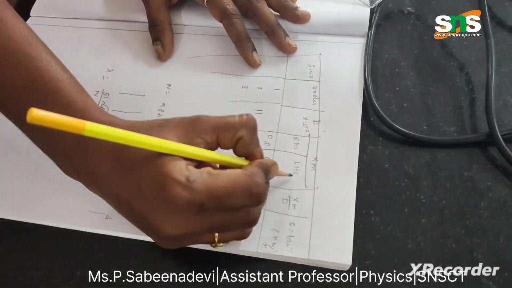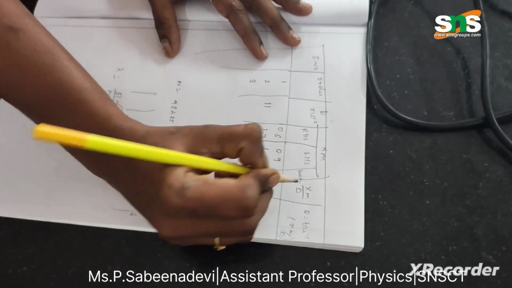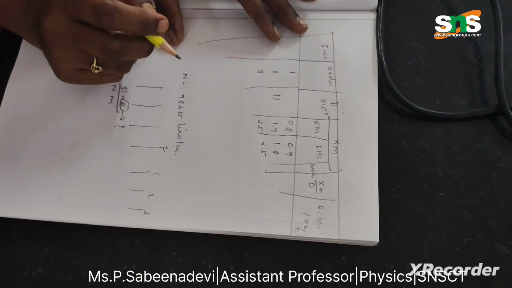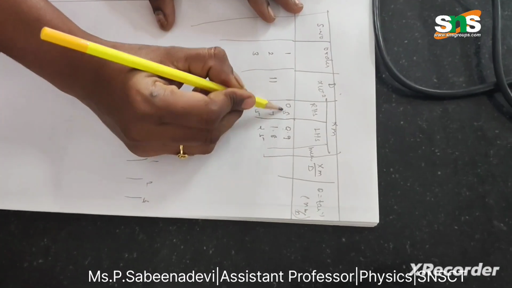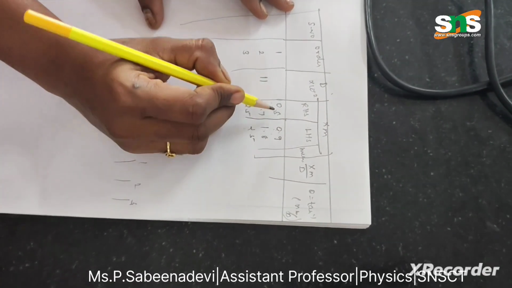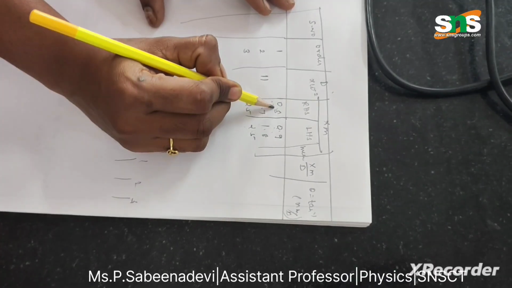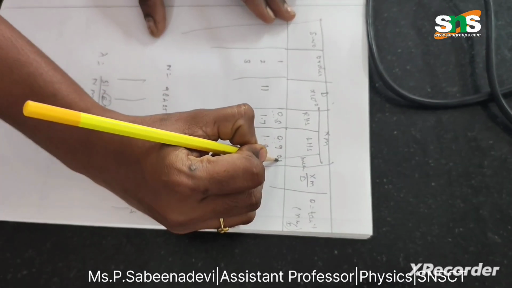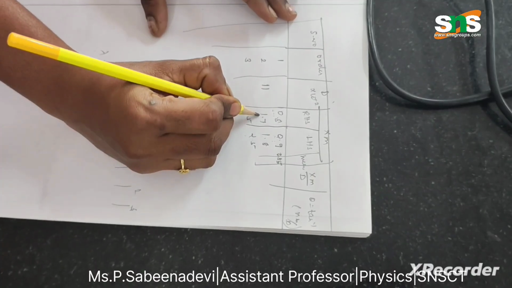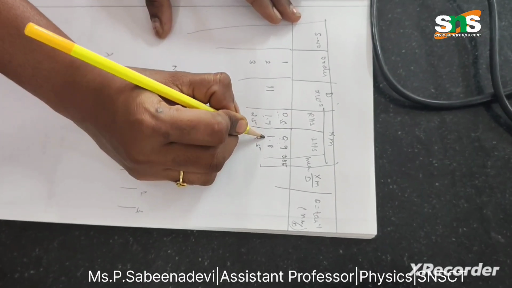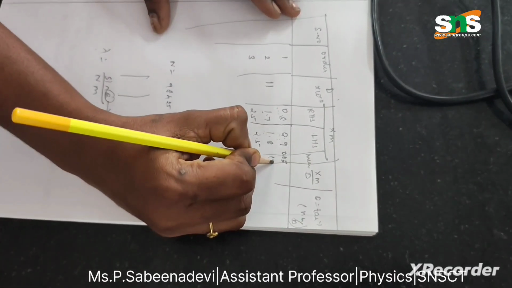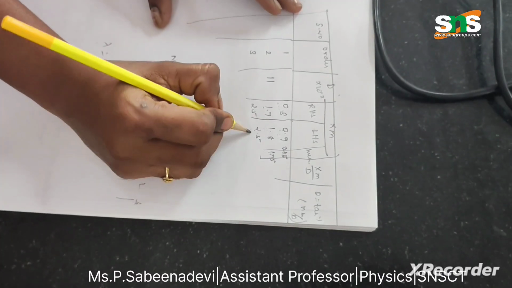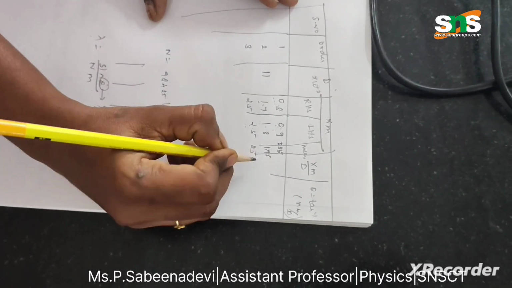Now we have to find the mean XM. What's mean? Average. We find the average between these two values. The RHS value is 0.8 centimeter and the LHS value is 0.9 centimeter, so the mean value is 0.85. Then 1.7 and 1.8 give a mean of 1.75. Here both are 2.5.